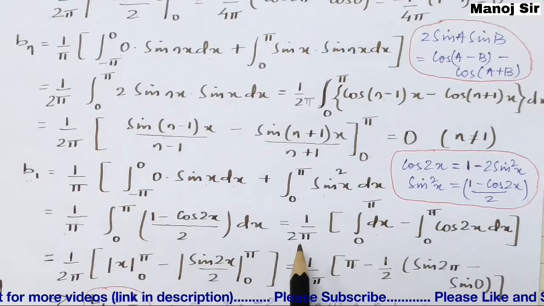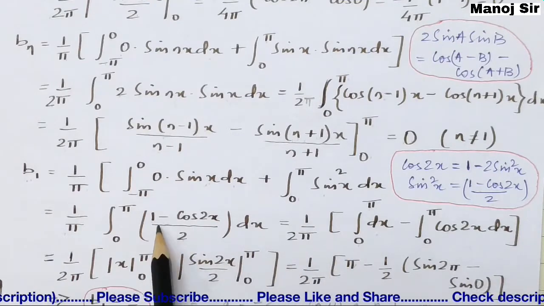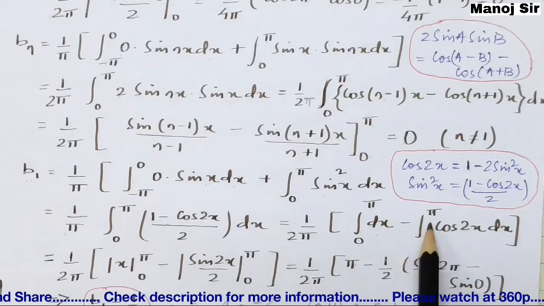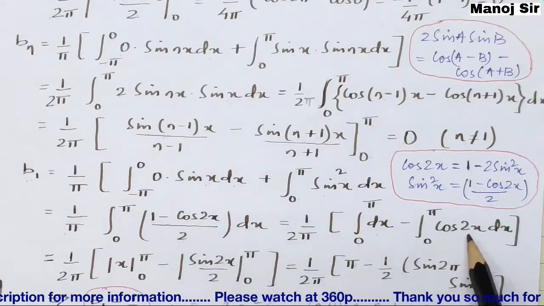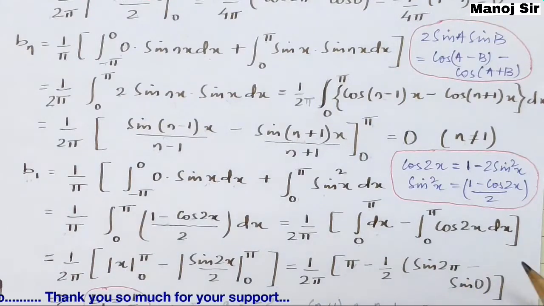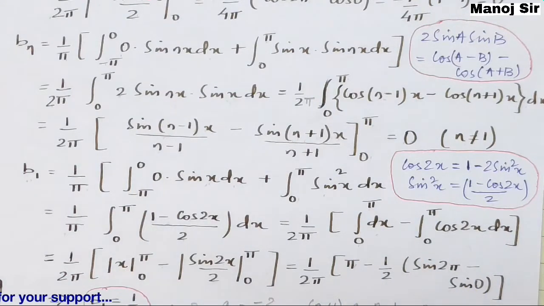That is 1 upon 2 pi. Yes. Now, if you integrate this, that is dx only, minus the integration of cos 2x with respect to x, and the limit is from 0 to pi. Now here we will get,